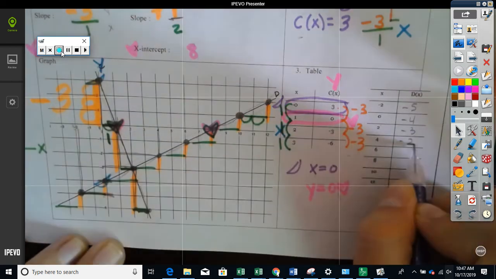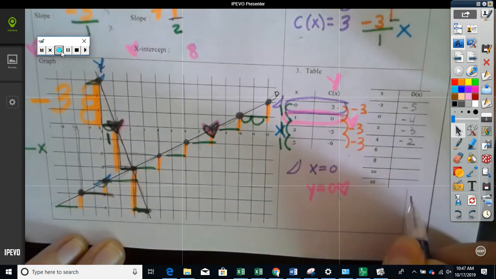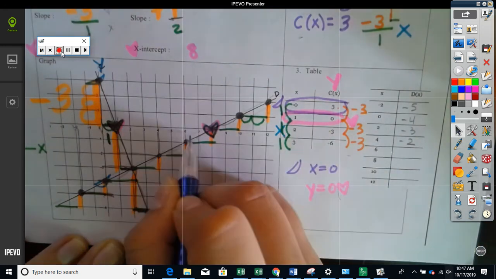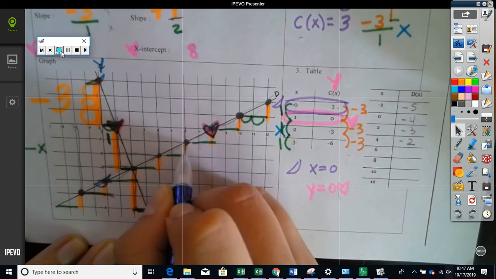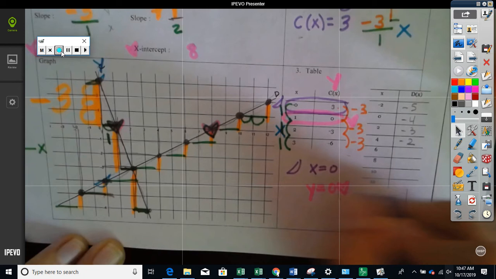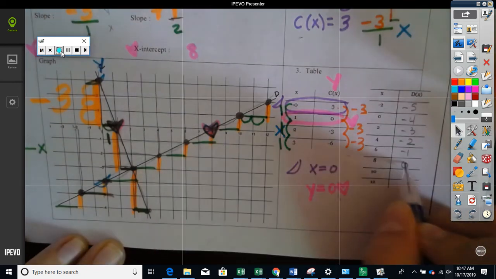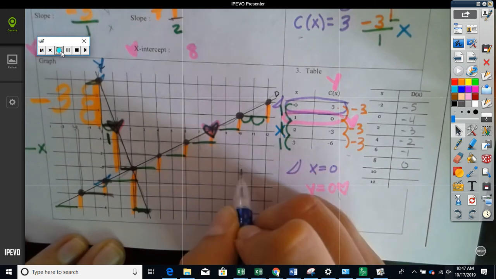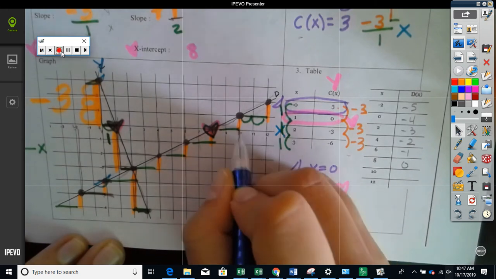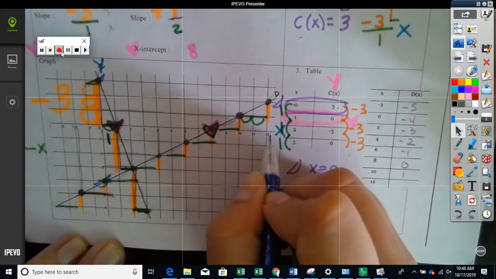Negative 2. Are you noticing a pattern? It should be the same thing each time. And if not, it might be the rate is by scale factor. So here's 6, and it's negative 1. At 8, that's your heart, so it should be 0. At 10, notice you don't go down. The graph is not there. You have to go up. It's 1. Good. And at 12,